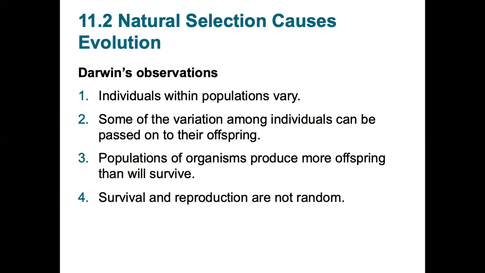So in the case of Darwin's first observation, he also looked at things like beak length in finches, or beak size and shape in finches, and the ability of that bird to eat a certain food source, a certain type of seed. And so if that bird was able to eat that seed, it would be better fed, it would be more likely to survive, it would be more likely to lay eggs or fertilize eggs and have offspring that also have that beak length.